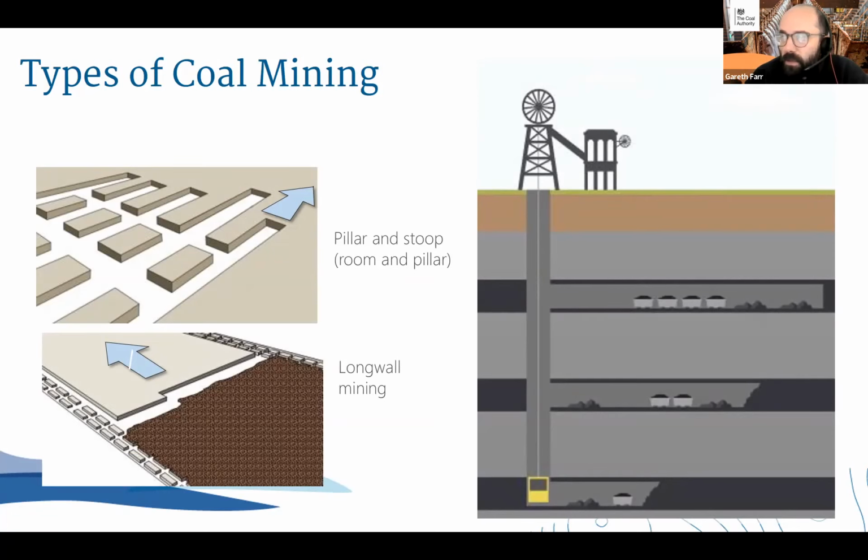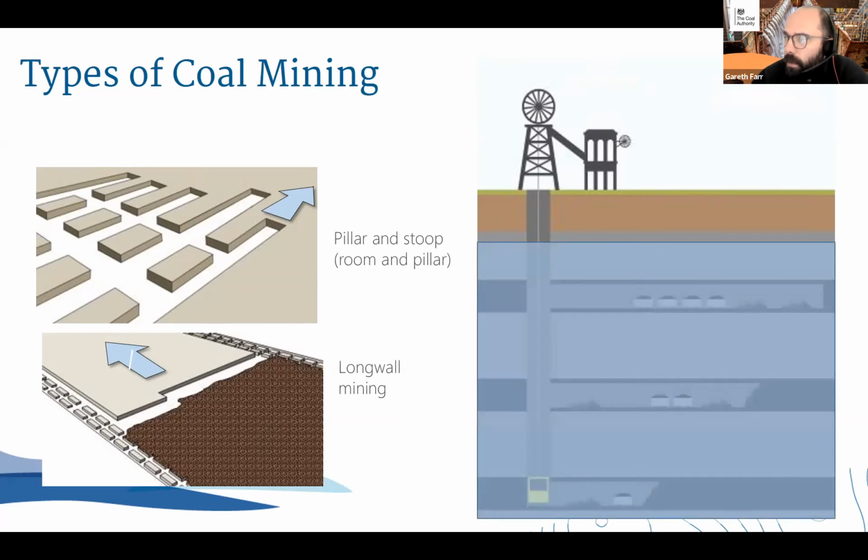And then on the right hand side, there's a little geological cross section, very simplified, of an underground coal mining enterprise. And you can see there it's dry and all the little coal carts are in there and the seams are being mined. However, during operation, a lot of coal mines were actively pumped to keep them dry of water. But when the coal mines closed and the pumps were turned off, what you have, annotated by this wonderful animation I made here in PowerPoint, is flooding of the coal mines, or mine water